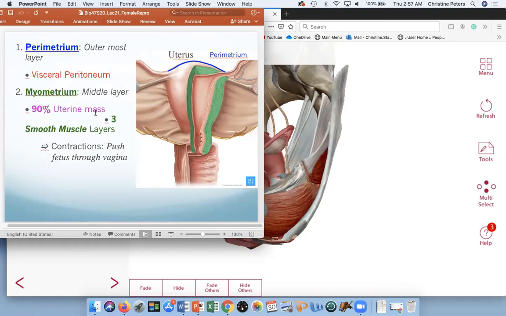Okay? The myometrium has 3 layers of smooth muscle, very similar to the stomach and the bladder. We're going to utilize 3 different layers to make sure we get some really effective pushing. So when a woman is ready to give birth, she can more effectively push the baby out through the cervix and into the vaginal canal. All right, so